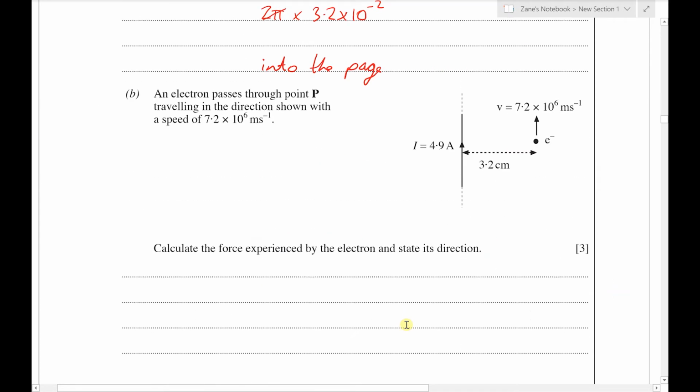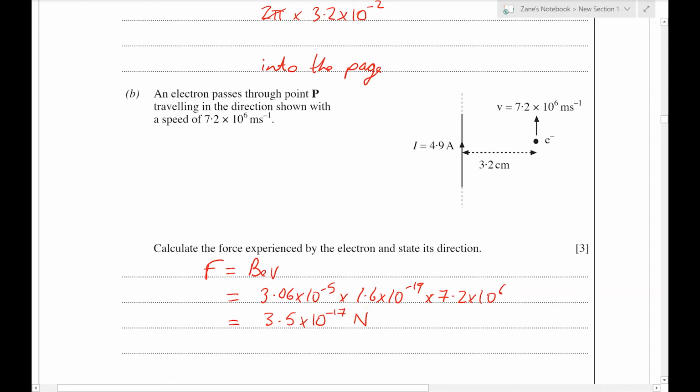For part B, an electron passes through point P, moving at 7.2 times 10 to the 6 meters per second, and we've got to calculate the force experienced by the electron. So we can use F equals BeV, or technically BeV sine theta, but the sine theta bit here will be 1. So we can put in B of 3.06 times 10 to the minus 5, e as 1.6 times 10 to the minus 19, the electron charge, and v is 7.2 times 10 to the 6 meters per second. Putting those figures into the calculator allows us to come up with an answer of 3.5 times 10 to the minus 17